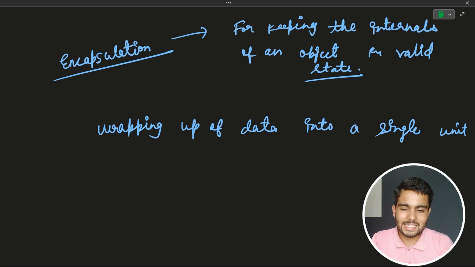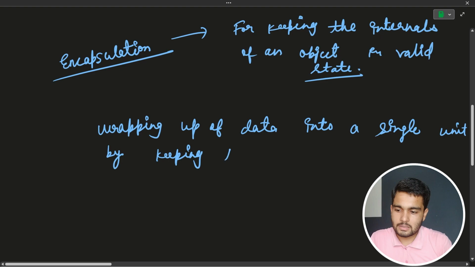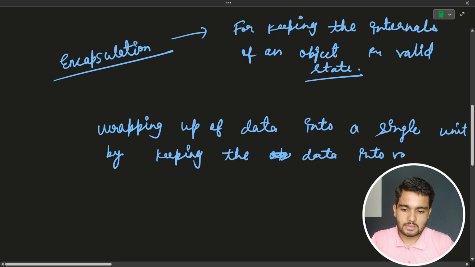This is a basic definition that everyone says, but this is not the complete definition. Encapsulation is wrapping up of data into a single unit by keeping the object or data in a valid state, or whatever you want. You just need to show that whatever data your contract has would not go